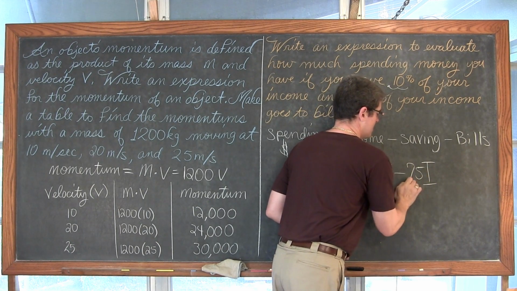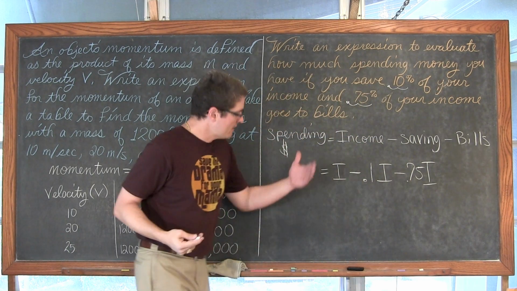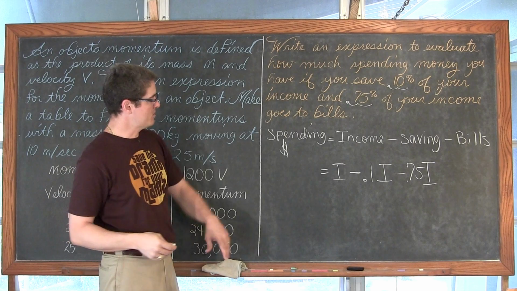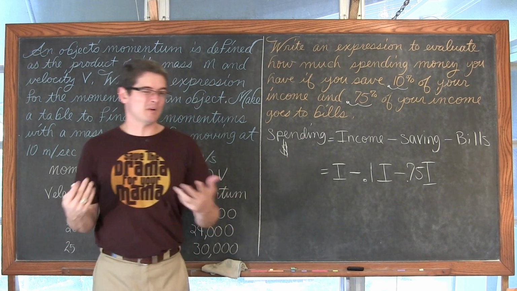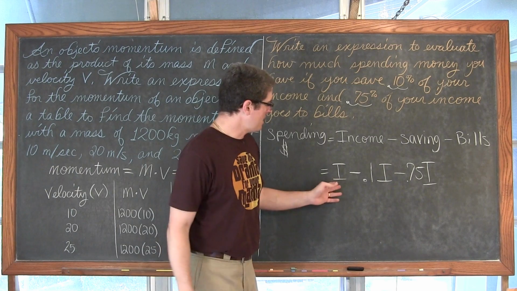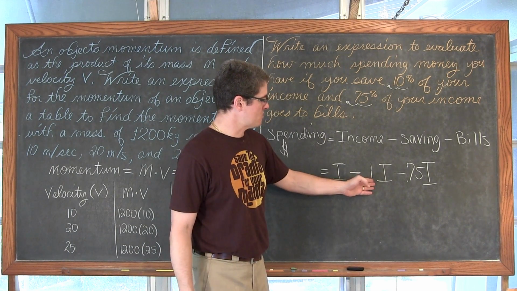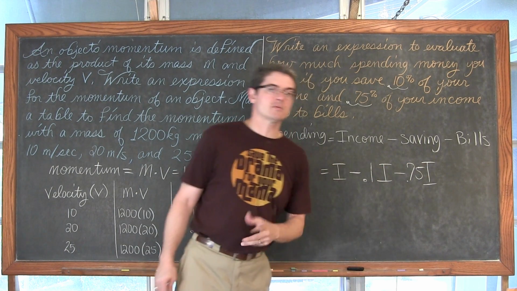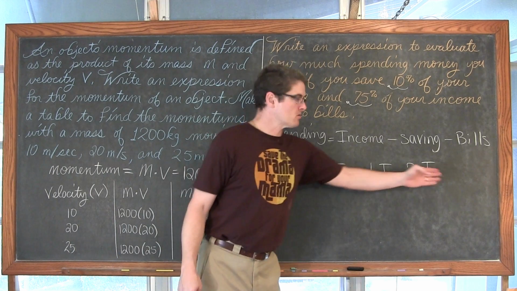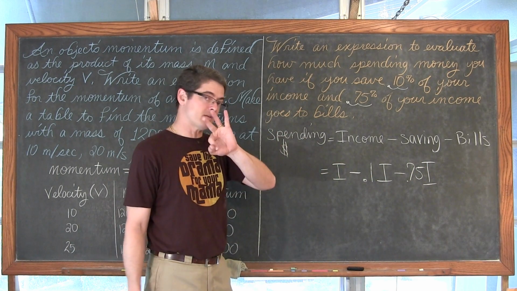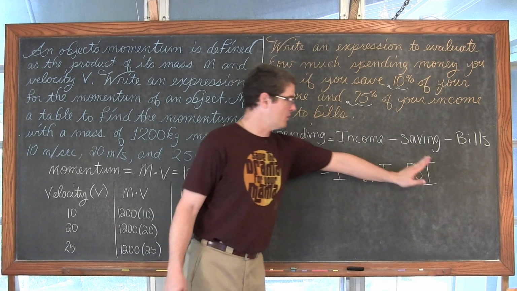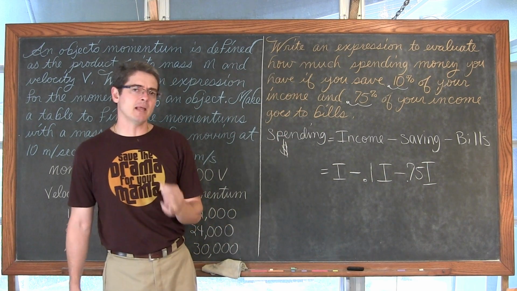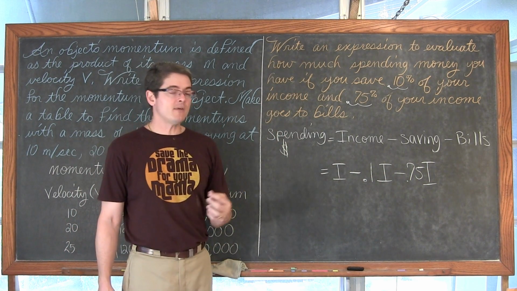So we're going to do 0.75 times I, and here is our expression, which is our spending money left over. As soon as I say the word equal, really I'm kind of writing an equation, but it's I, our income, minus 10% to our savings, minus 25% that goes to bills. Now, all of these are like terms. There's 3 terms, by the way. They're separated by these subtraction signs. There's 1 here, 1 here, and 1 here, and they all have the same letter. And they all have the same exponent.